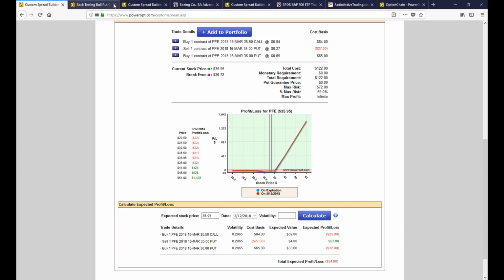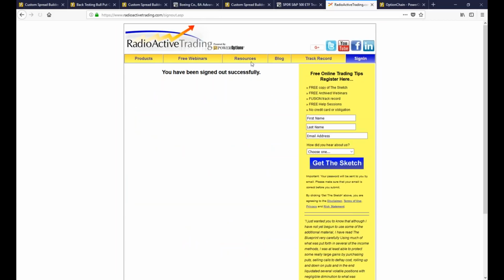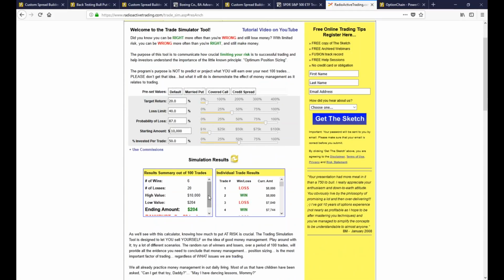And of course, you can go to radioactivetrading.com and just plug that into the trade simulator based on percentages. If I'm going to look to make a 20% return instead of 30 or 40, say I make 20 on a 100 maximum risk, I lose 40, and invested $10,000 here, I can tell by this I'm going to need to be right 87% of the time. Is that right? Oh, I reversed it. There we go. Okay, yeah, so I need to be...